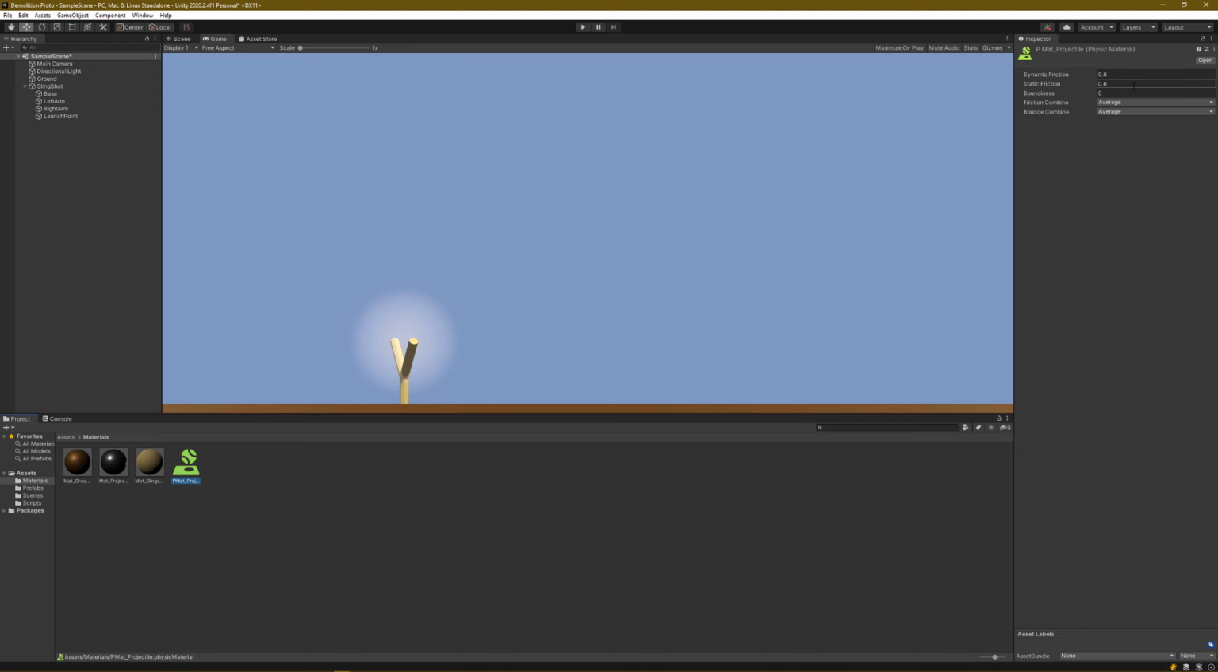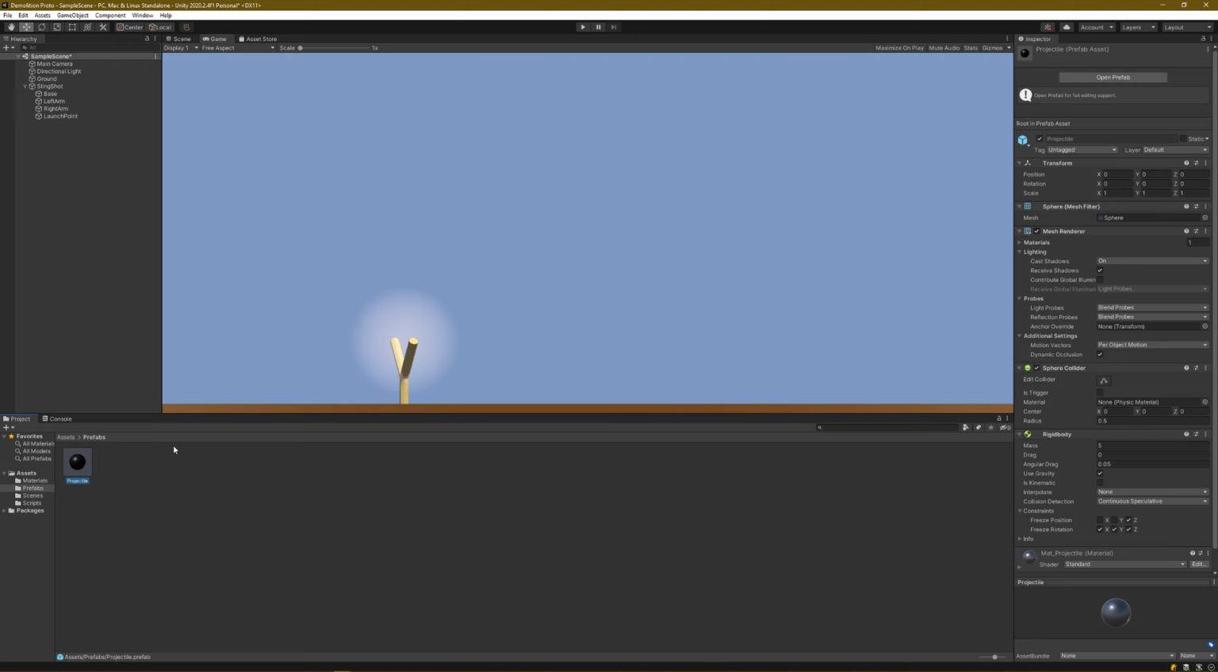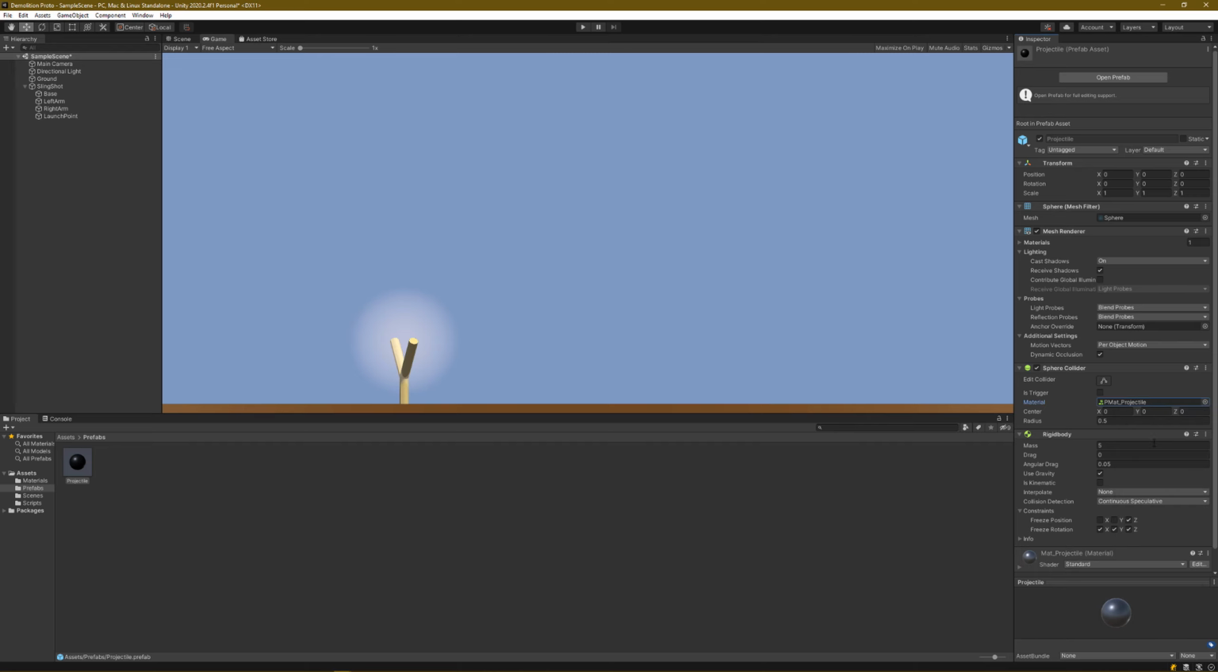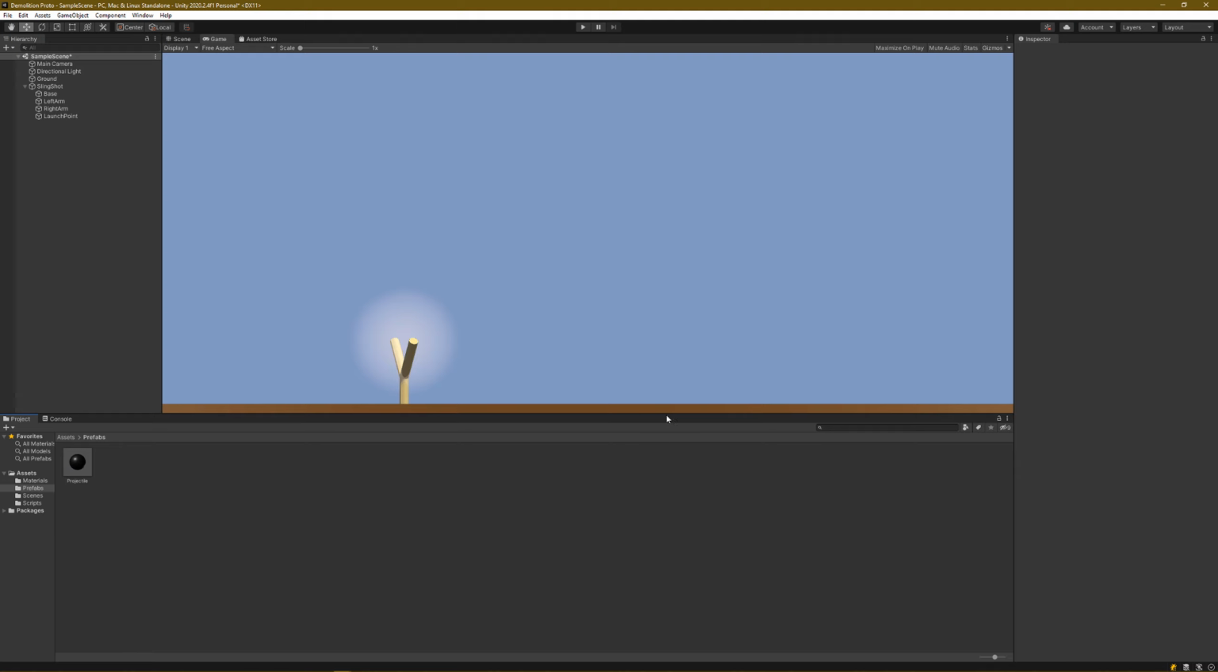And then in the inspector, give it some bounciness, value of 1. And then set that material to our prefab projectile. Here's our sphere collider. Go ahead and select it, and you'll see the material. If you run it now, you'll actually see the ball bounces, but I'm going to go ahead and make a